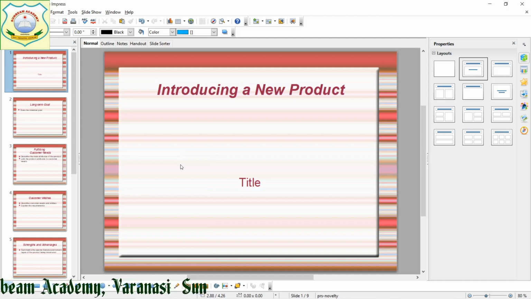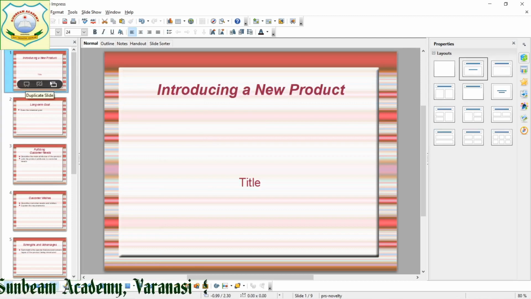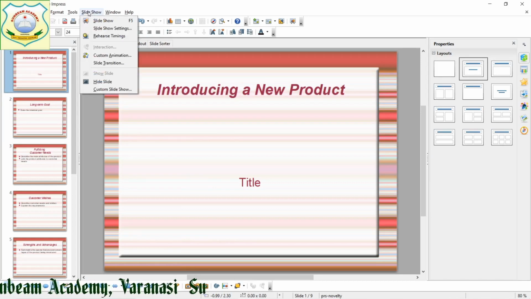Now to see the slideshow, I told you animations and transitions are there. Animations are special visual effects or sound effects given to your slide, that we will see. Then music, sounds and videos, that also we will see. So suppose for this introduction I want to give an animation effect. First of all, so many slides are there, we are going to see the transition effect. So we will move towards Slide Show.